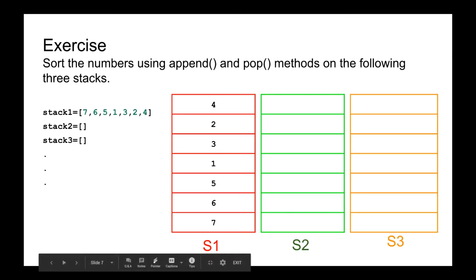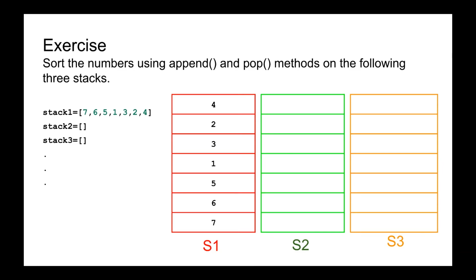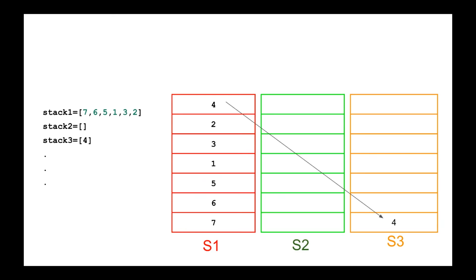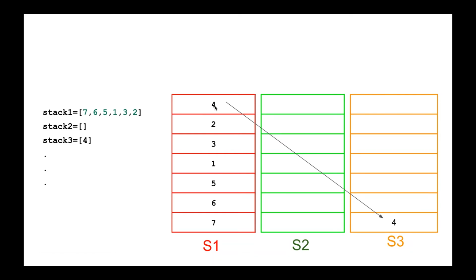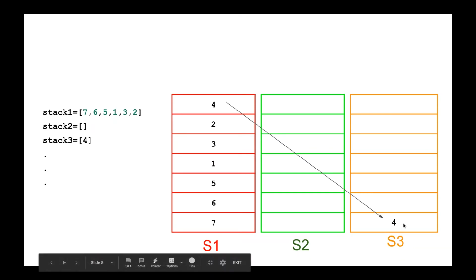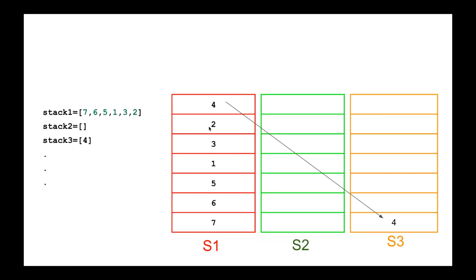I would suggest before programming, if you are not clear about something or you are not sure how to proceed, you just make a schema and express it in code. So, as we can see here, 4 is the last element that is pushed, so it will be the first element that will be popped. I'm going to use S3 as a temporary container, so I'm going to push 4 in S3, and we can see right now that 2 is the next accessible item. We push 2 in S2,